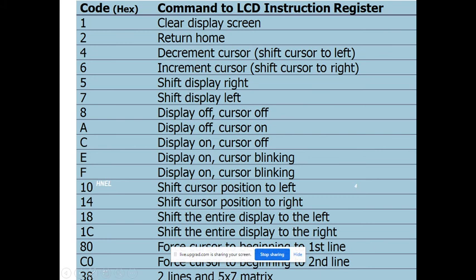For that I am giving command 38, means I am declaring to the controller that I am referring to a two line LCD. For 28 it means a one line LCD. In this fashion, for each type of LCD there is a different command. Just refer to that in your code. Now we are using a two line LCD, and that's why we are giving command 38.